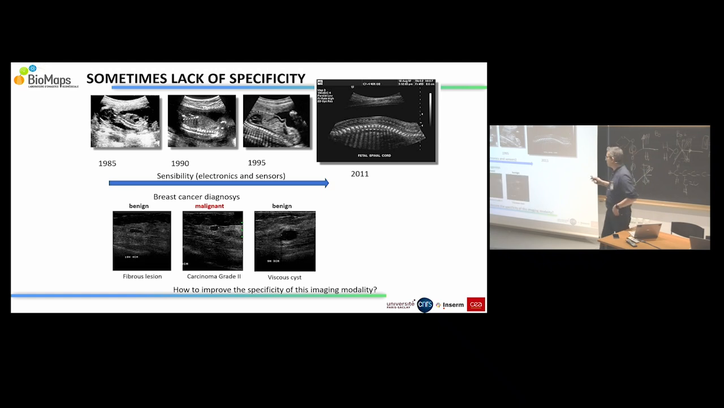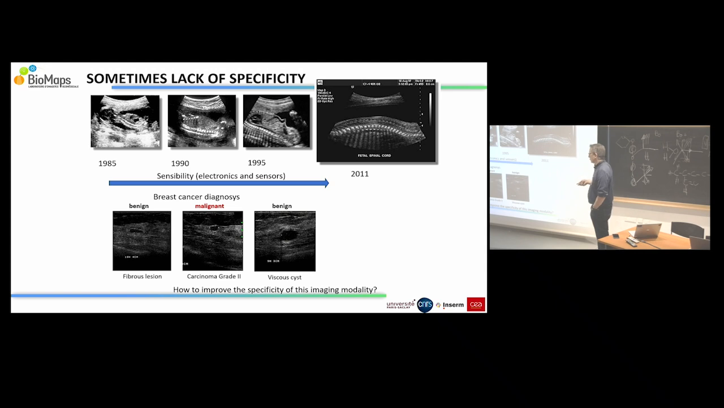An example to illustrate that is if I speak about, I'm sorry, I don't see very clearly here, but if I speak about breast cancer diagnosis, here you have three images. I'm sorry, you don't see clearly, but there is a black hole here, and you see the black hole here and here too. And this black hole is quite the same on the three images, but if you do a